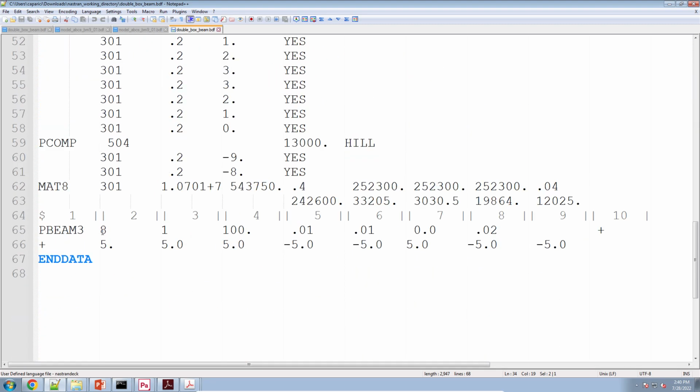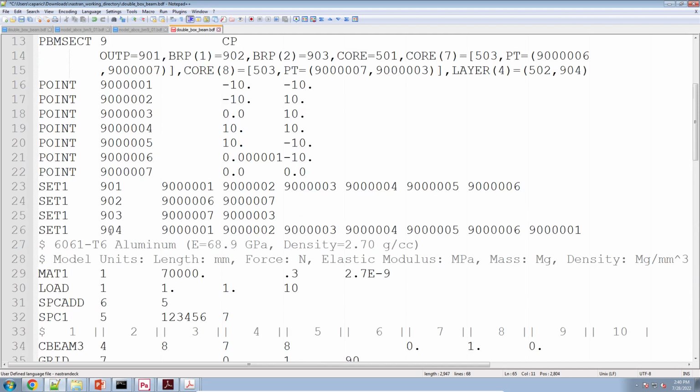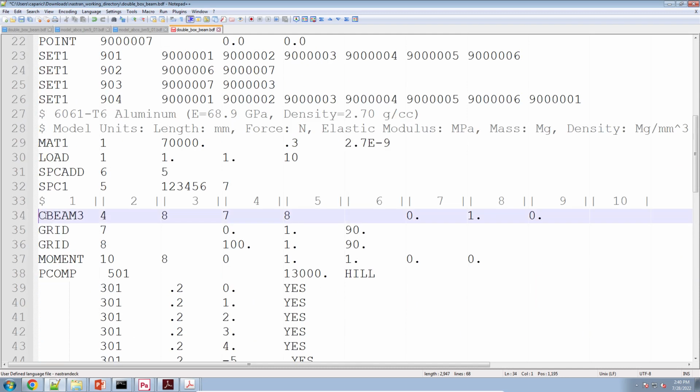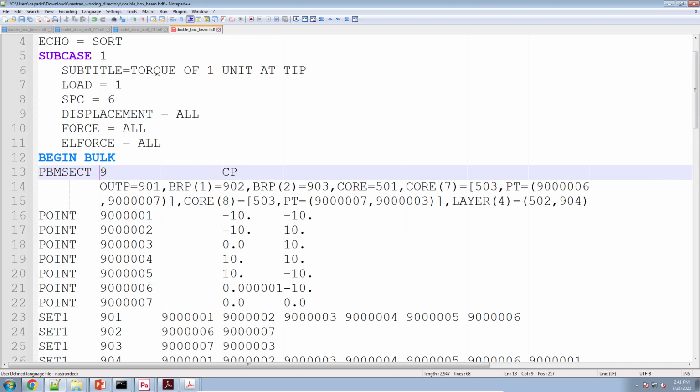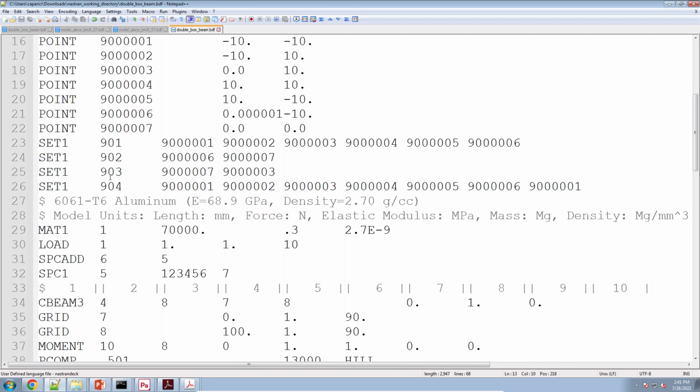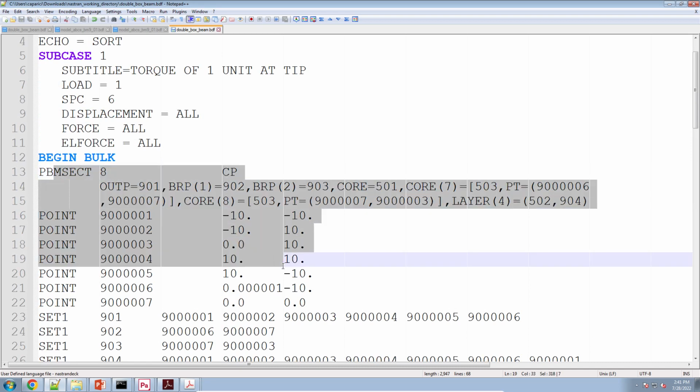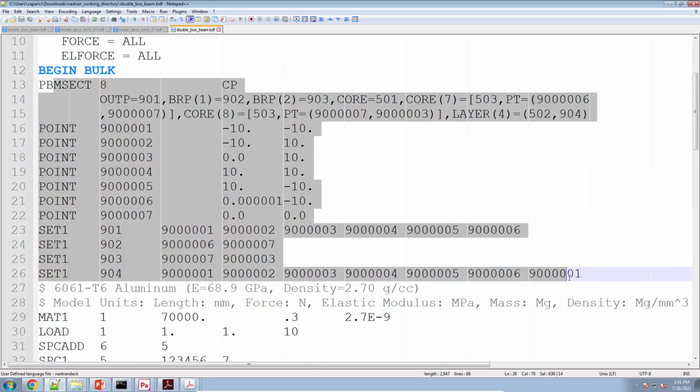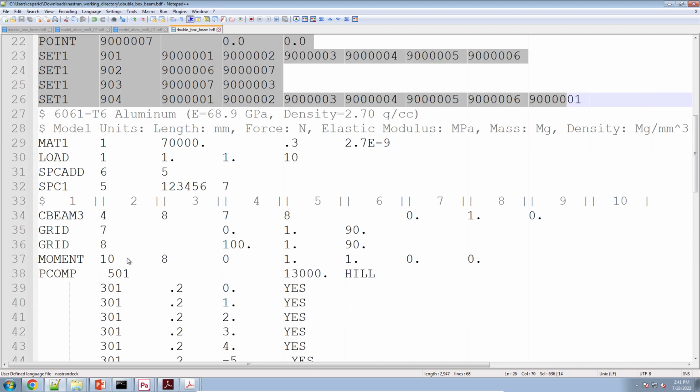Where is that PBMSECT? Okay, here. Maybe we want to renumber it. So PBMSECT 388. Now, we want this CBEAM3 to use the new PBMSECT entry. So remember, this is looking for an entry with ID 8. If we go back here, we're going to change the ID to 8. So now this CBEAM3 element is using this arbitrary beam cross-section that's using the composite laminates defined through the PCOMP